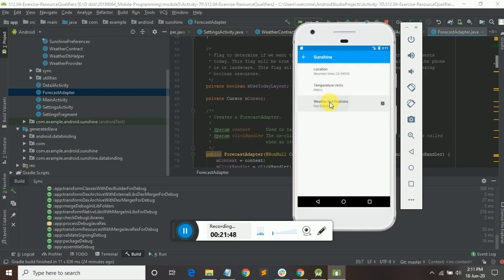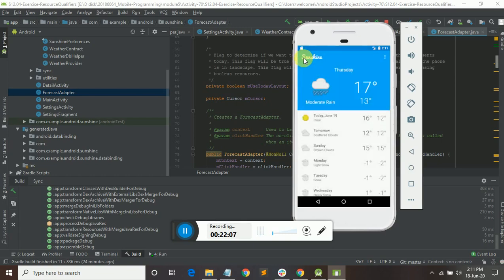And weather notification, if we want weather notification enabled or disabled. It is like Google reminders, if you want any information whether to notify or not, we have that in settings, and based on the location it shows the data.